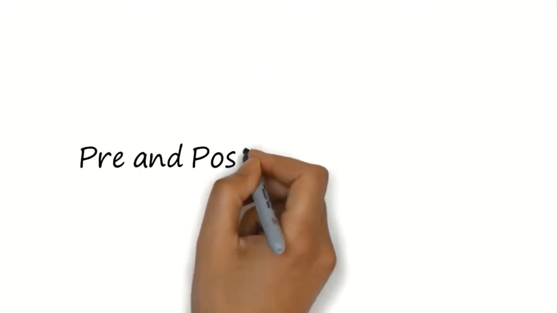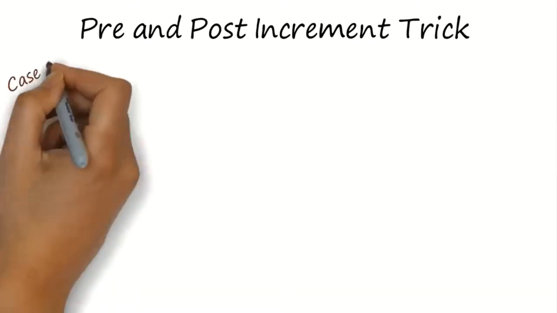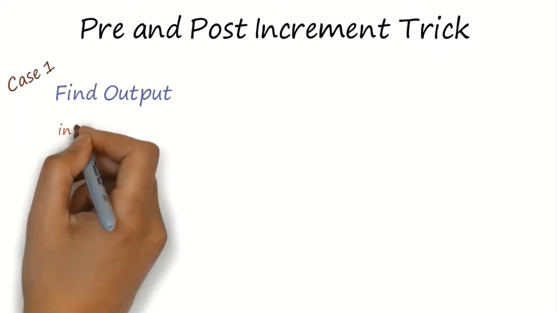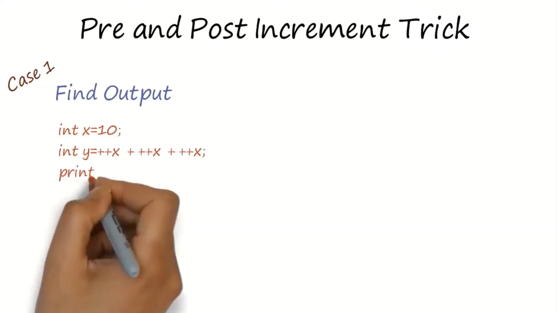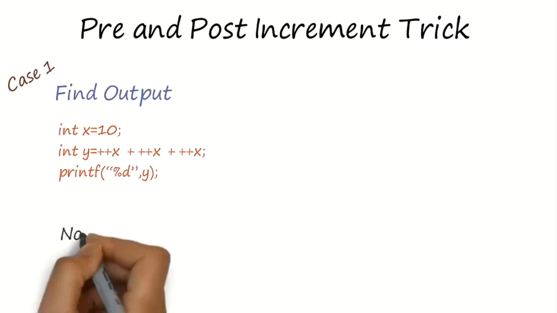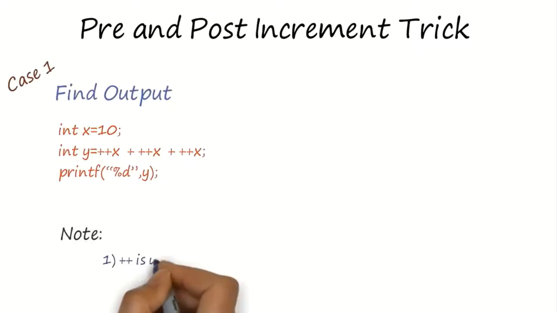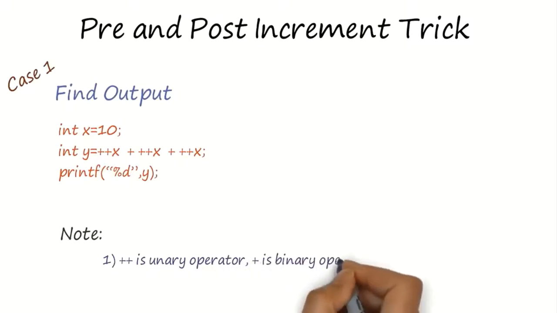Let's understand pre and post increments in a code. Let's consider case 1 where we are asked to find the output of the given code. In order to solve the problem, the first step is to identify how many operators are being used in the code. In this case, we can see there are two operators, plus plus, which is a unary operator, and plus, which